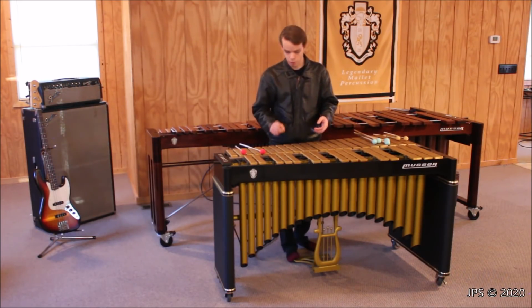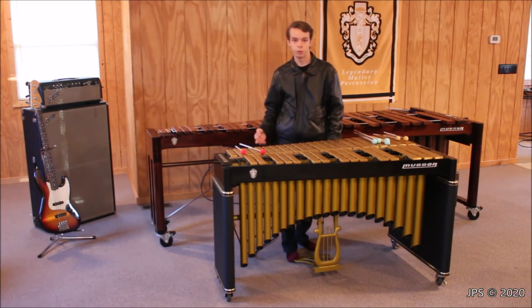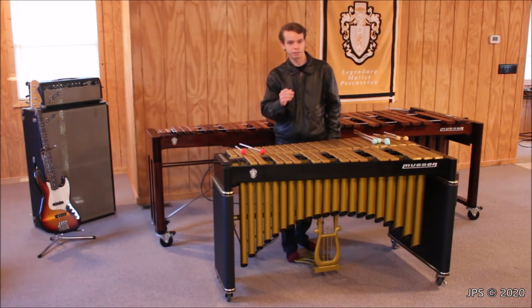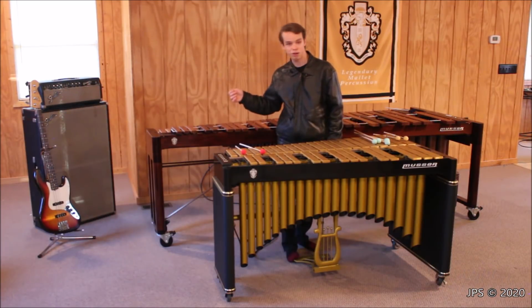One more tip before I go is that the marimba has those wooden bars. They're made of Honduran rosewood, which is an endangered tree, and I believe that the wood can only be harvested, at least these days, from a rosewood tree that has naturally fallen. Only then can you harvest the wood. So it's very difficult to get this wood, but regardless of whether it's a rosewood marimba or a Padauk marimba,